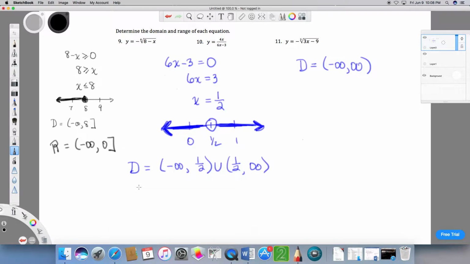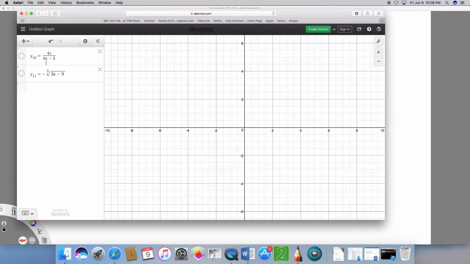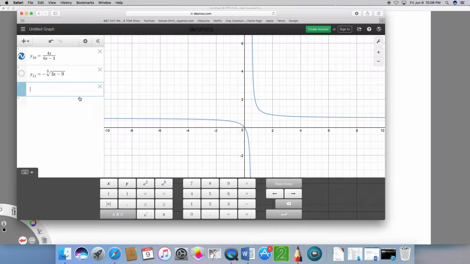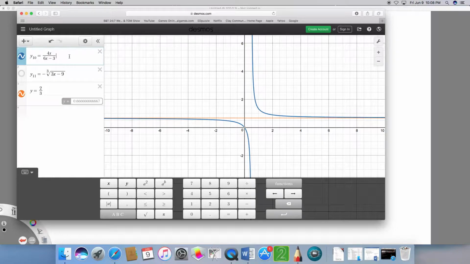What about for number 10? So here we have the range is the set of all real numbers except for, it looks like, y equals 2/3. You see that horizontal line? The graph gets closer and closer and closer to it, but it never touches it. Now, how can I convince you